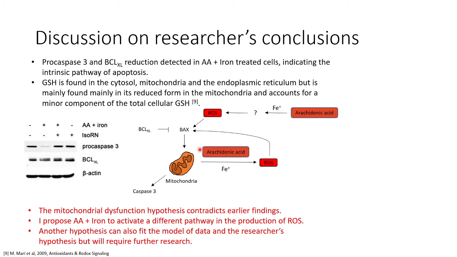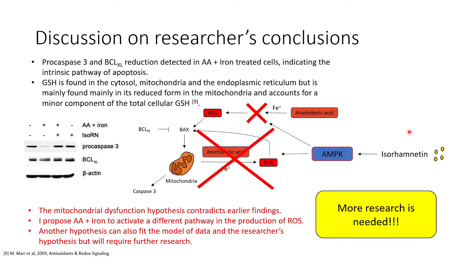However, it is also important to respect the alternative hypothesis where arachidonic acid in iron does cause mitochondrial dysfunction, creating reactive oxygen species, which then goes on ahead to reactivate BAX, and therefore causing the intrinsic pathway of apoptosis, and therefore leading to a data set that would be similar to what we see with the researchers. However, I still disagree on the hypothesis of mitochondrial dysfunction. However, with my hypothesis,